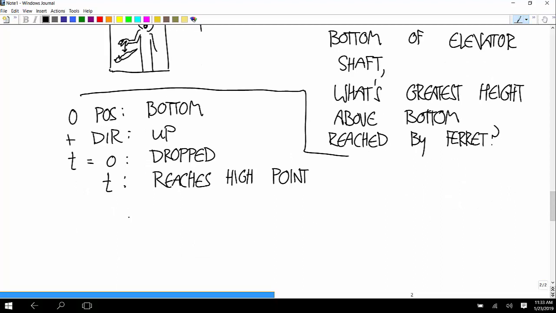And now we have to think about what we know: time, final time, acceleration, initial position, position at chosen time, initial velocity, and velocity at chosen time. Okay, what are we trying to calculate? Well, not really distance. We're just trying to calculate the position at the highest point. So the position at that chosen time, so this one,